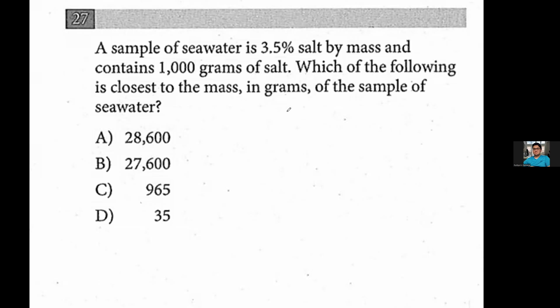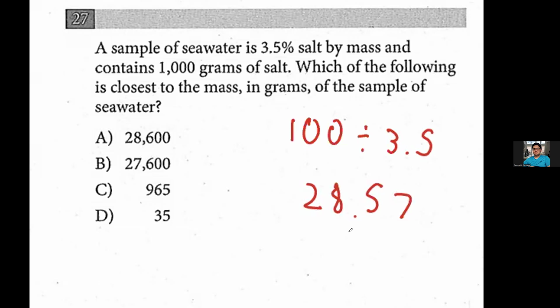To do that, we just do 100 divided by 3.5 to get the ratio we have to multiply this 1,000 by. 100 divided by 3.5 in your calculator is 28.57. Now we just take this 1,000 and multiply it by this ratio, which would get us